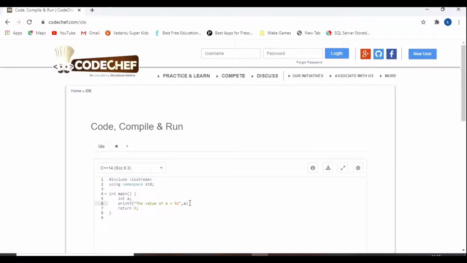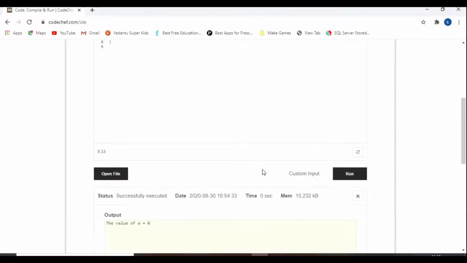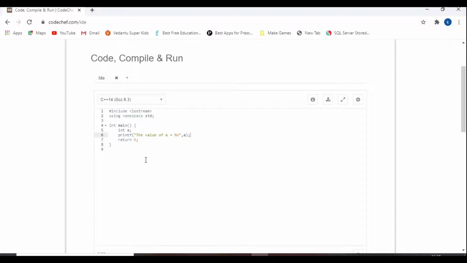Now we see how it displays. Now you see a is equal to 0. Here, if you see, I have not declared any value, right? That's why it displayed that. Now I am giving a value.